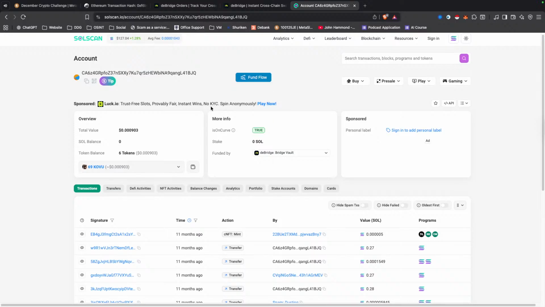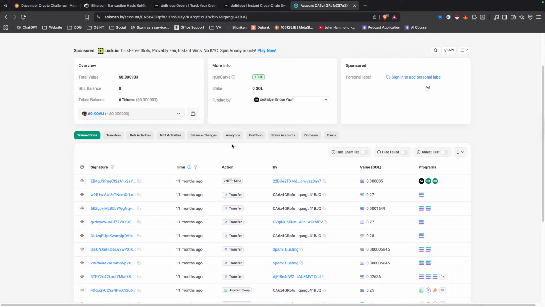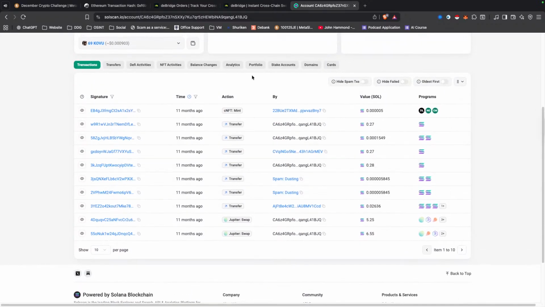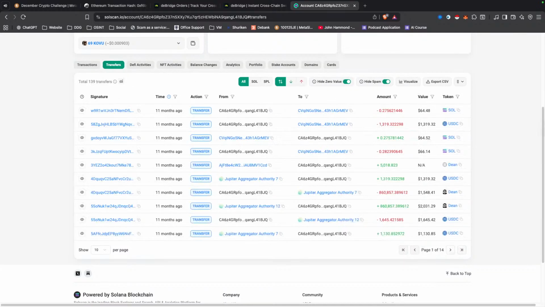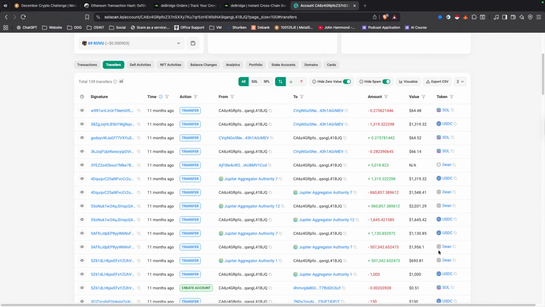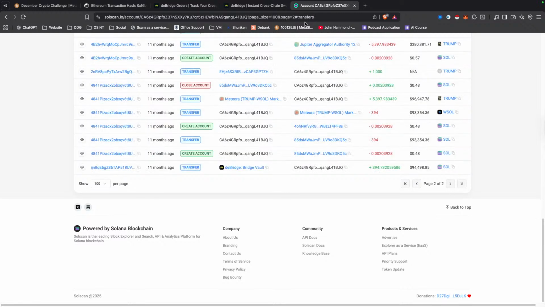Okay, so we've got our address. I'll wait for those answers in chat. We've got our address, so now we need to find it in here. Where I recommend to go is the transfers tab. You do not want to sift through 14 pages' worth of data, so my recommendation is to show 100 per page, which brings that down to two pages. We need to go to the second page.